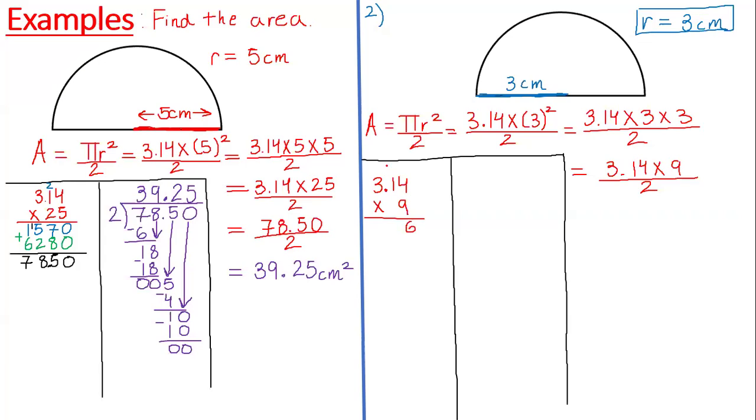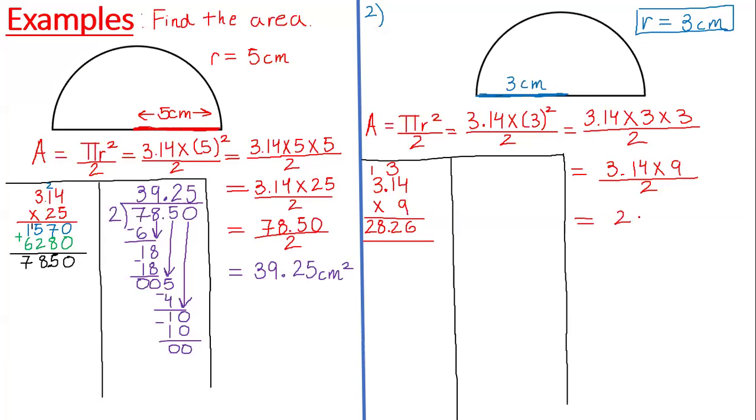Put the 6 down, put the 3 up. 9 times 1 is 9, plus 3 is 12. Put the 2 down. Put the 1 up. 9 times 3 is 27. 27 plus 1 is 28. So it's going to be 28 point 26. 28.26, which is equal to